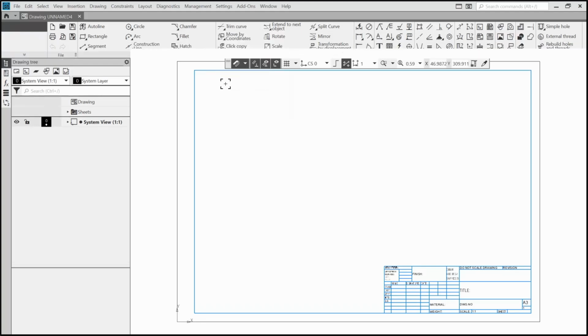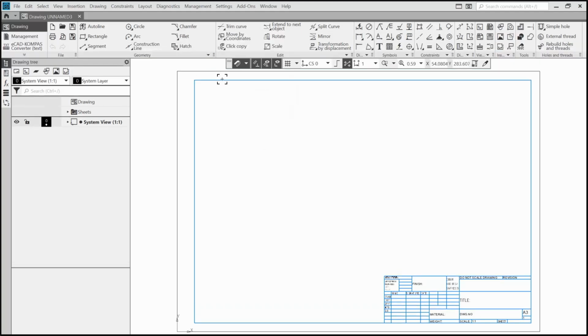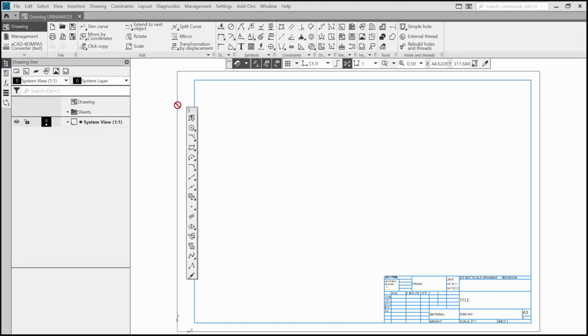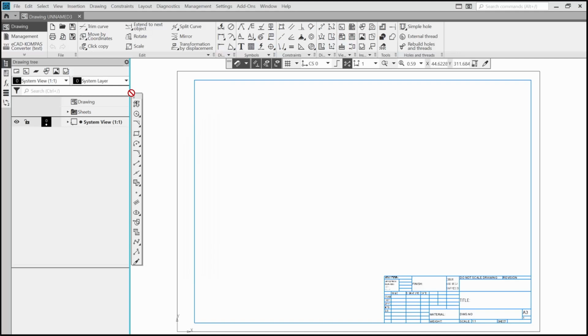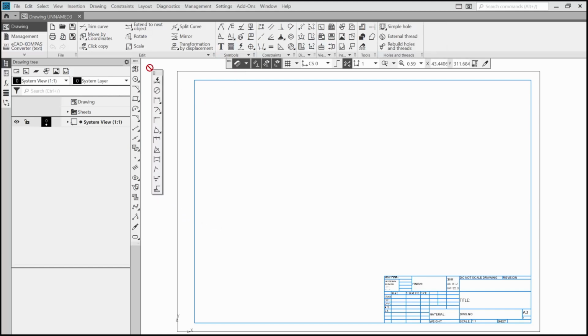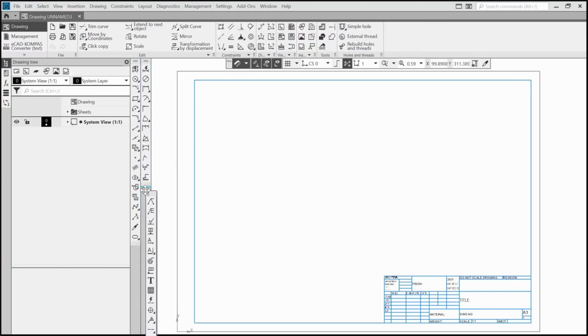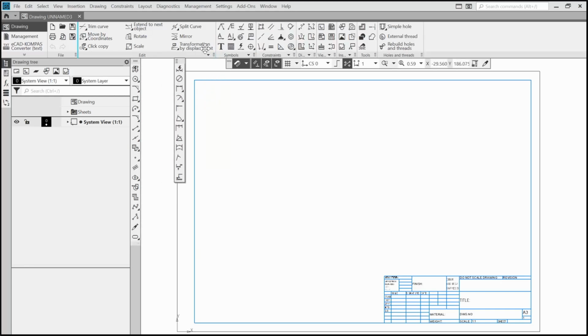If you prefer a vertical layout for commands in toolbars, hold down these dots in the toolbar using the left mouse button and drag the toolbar to the Tree panel. When you see a turquoise stripe next to the Tree panel, drop the toolbar. You can move as many toolbars as you want using this method. Let me return all the toolbars to the top panel.